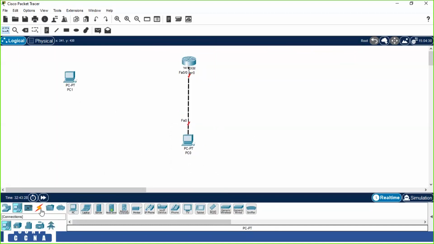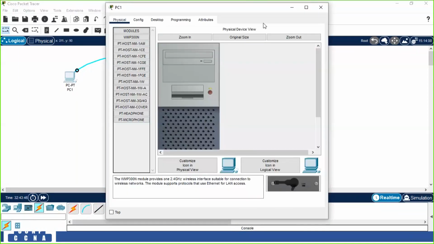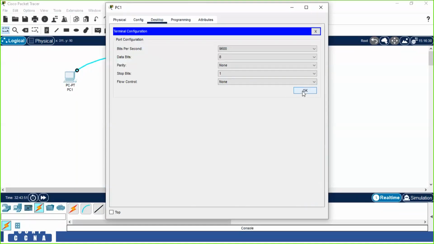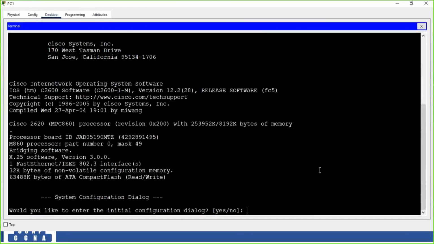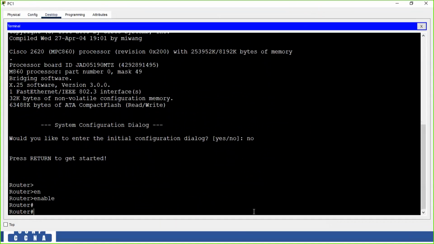So suppose I take this admin PC and connect the PC COM port to the router console port. This is console connectivity. In real time we have to open PuTTY software, but in Cisco Packet Tracer, PuTTY will not work. So on this admin PC, click on Desktop, then click on Terminal and OK. So directly we can do the configuration. You will be in the setup mode of this router. For initial configuration, type no, then press enter, then enable, then config t,